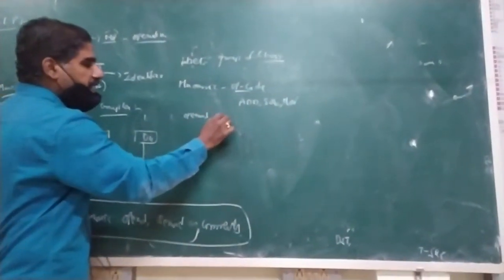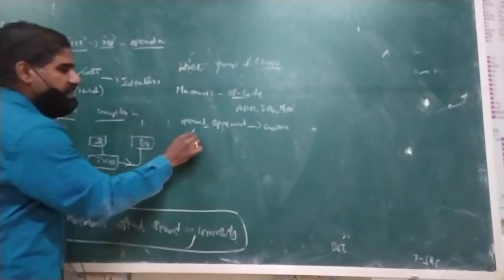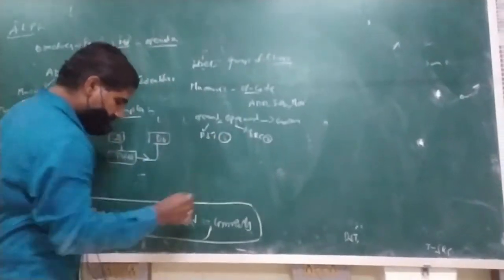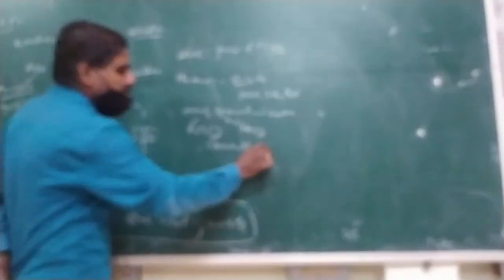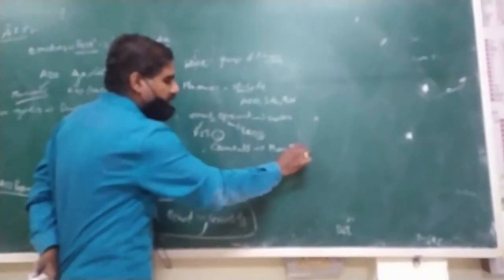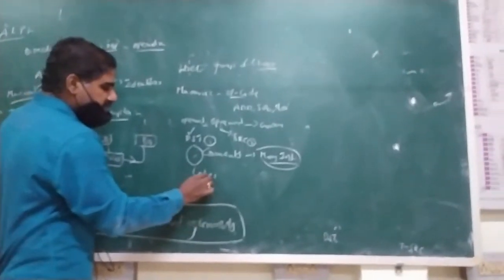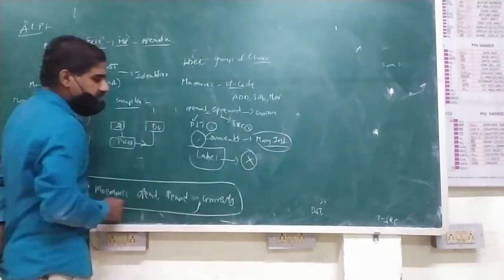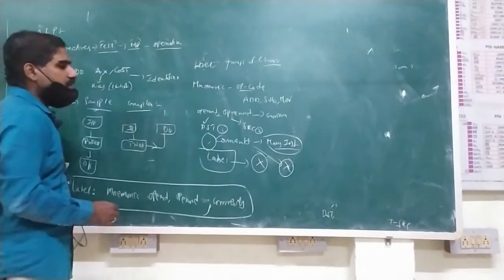Next one is operand. In this, the two operands are separated by a comma. The first operand must be the destination and the second operand must be the source. Next one is comment. Many instructions use comments. If not used, then the semicolon must also be deleted. In some programs, a label may not be used, then the label is also deleted. If a comment is not used, the comment is also deleted.